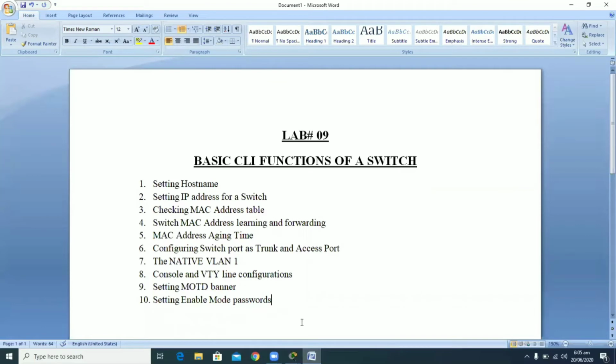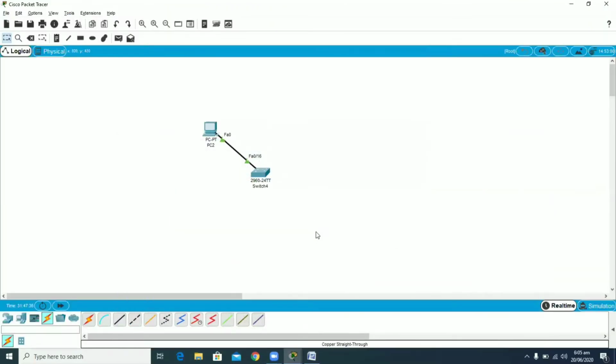Now checking the MAC address table, by default you should remember that if you connect any device to a switch, then until the device starts some conversation, the switch does not learn the MAC address of that PC. That I can show you by connecting another PC, another node, with my switch.